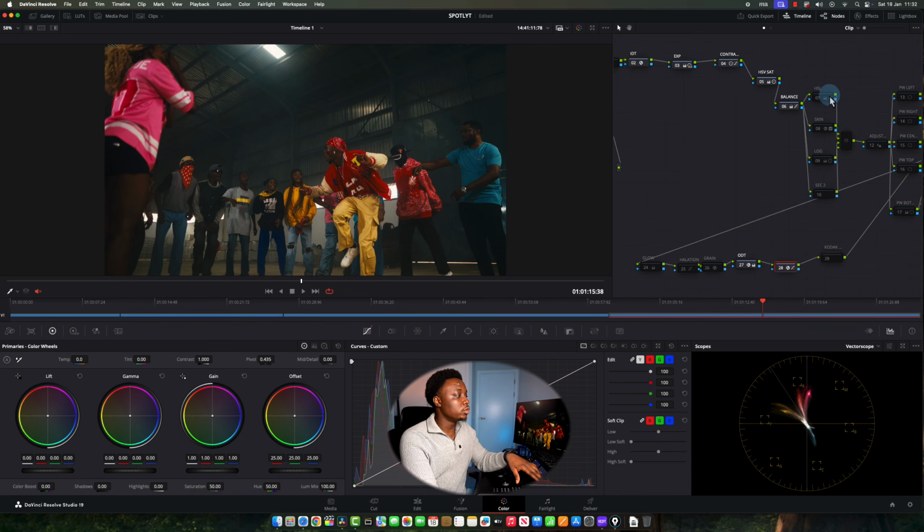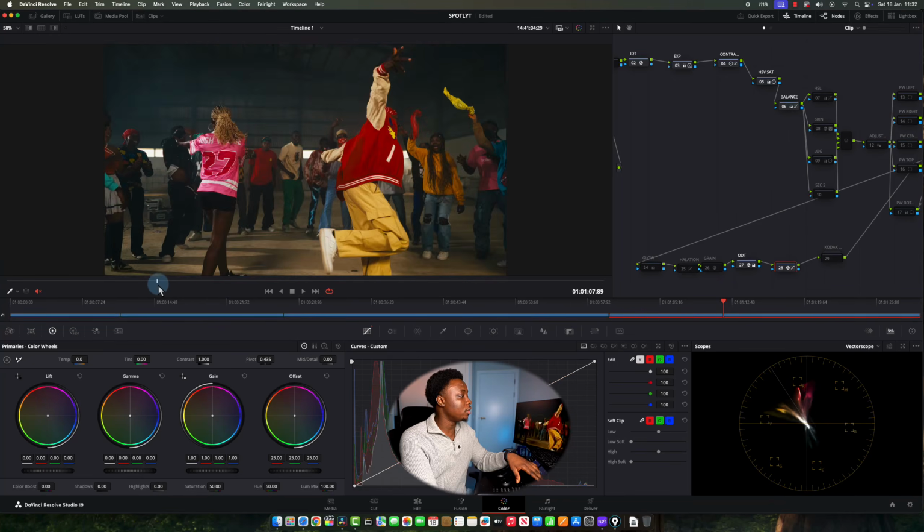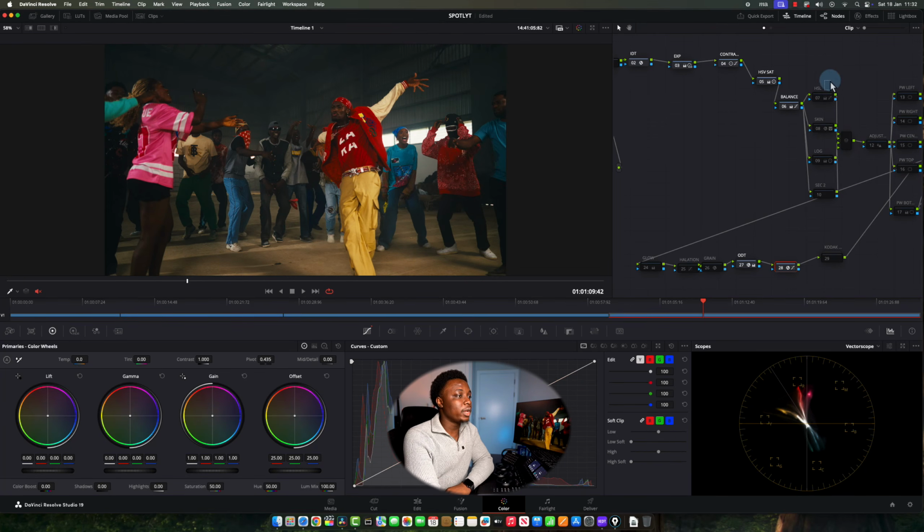The next thing I went to in the node was my HSL, which is hue, saturation, and luminance, and that was clearly to tame the reds. So I came to my HSL, and I will enable that now. You can see what I kind of did. If I remove that, and I put it back. So if I come to my curves,